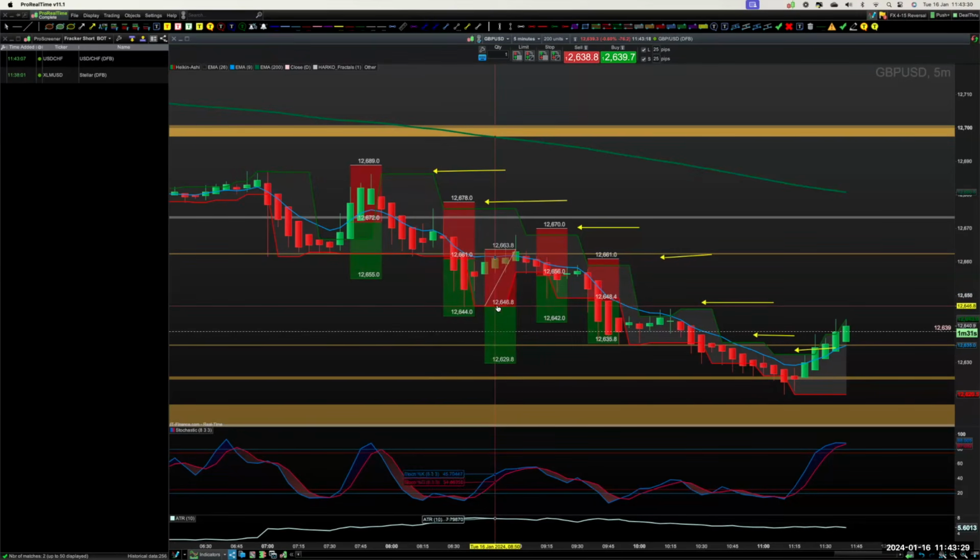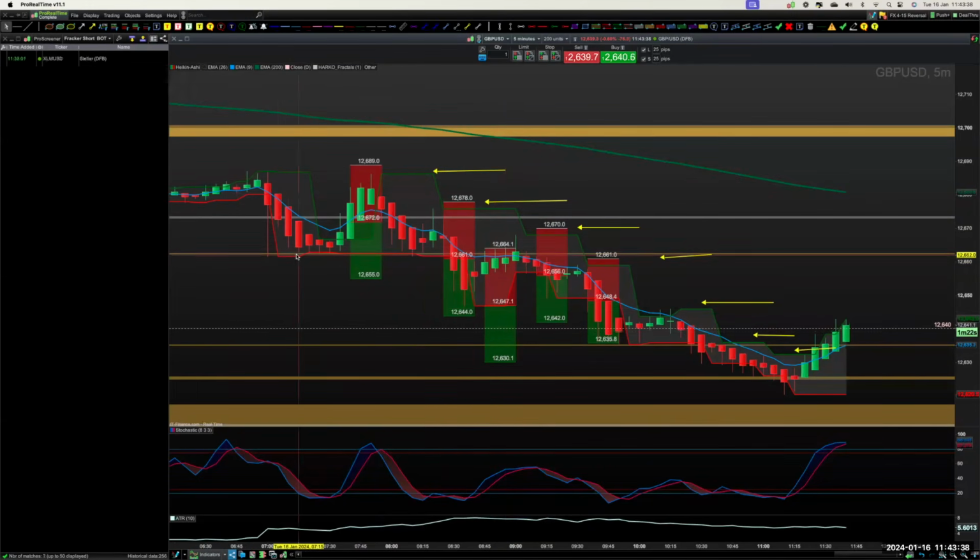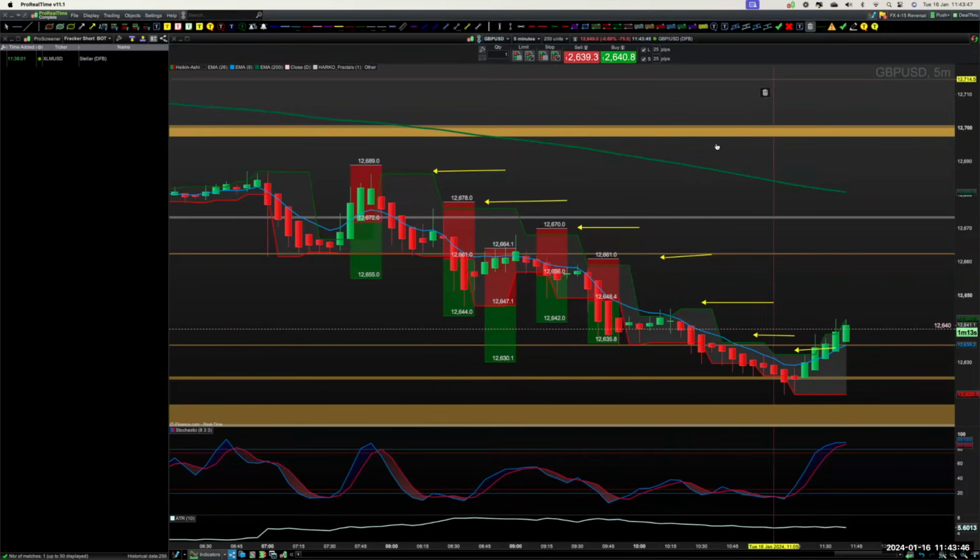They would have been stopped out by trailing. It took no recognition of what happens with resistance, none whatsoever. It's just trailing a stop, and then you get stopped out. Trailing stops